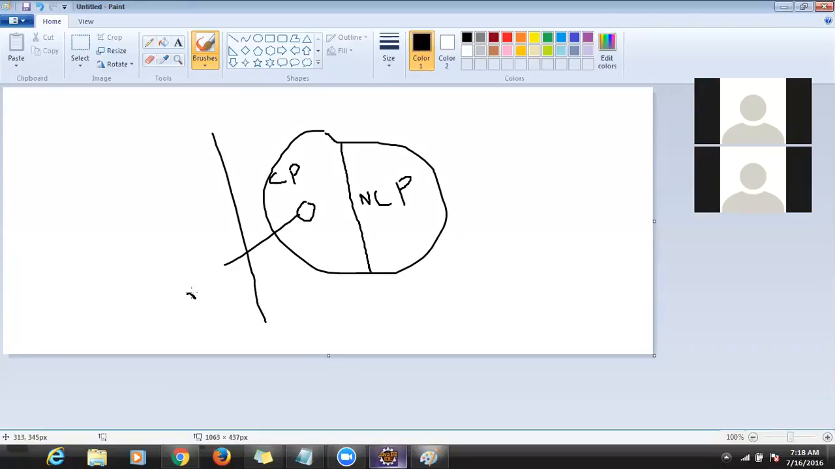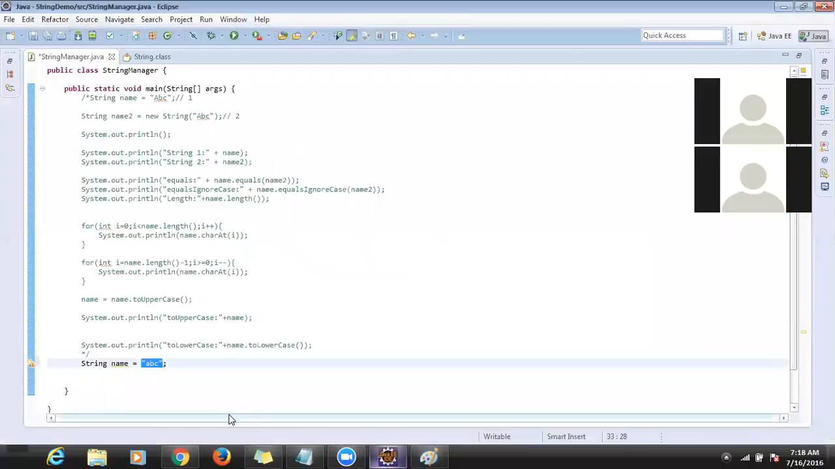From here we are referring to name. This is a name object. So we are referring to name from outside of the heap, and the name is saved in the constant pool. Okay, let's suppose I'm trying to create another object, a string